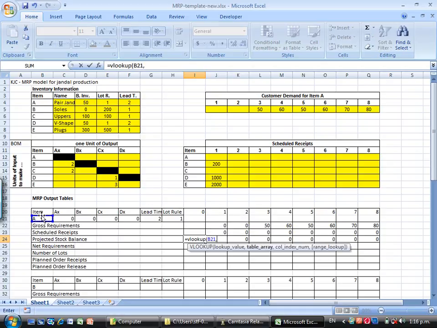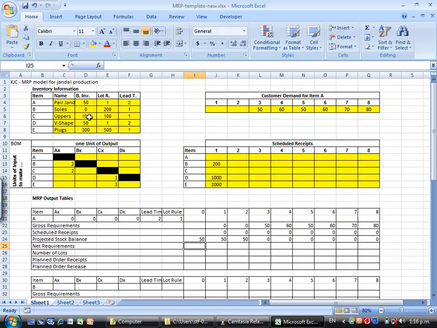For item A, in this inventory information table here, we're going to use an absolute reference to that table, so when we cut and paste it, it'll be fine. Beginning inventory is 1 to 3rd column, close brackets there like that, so it's 50. Now,